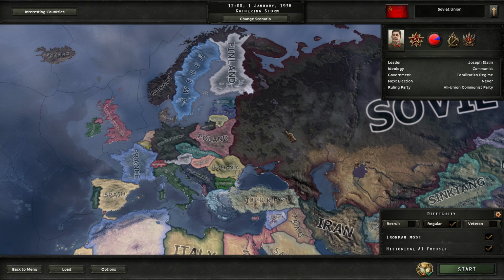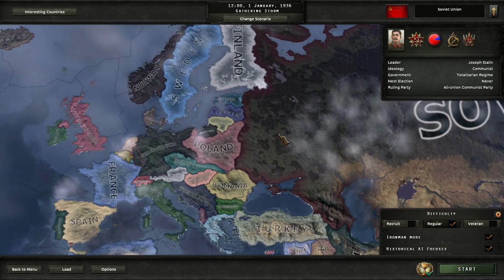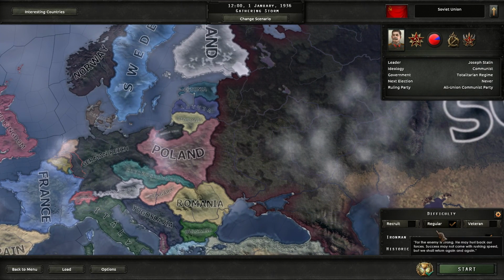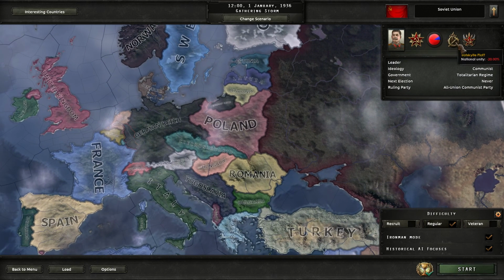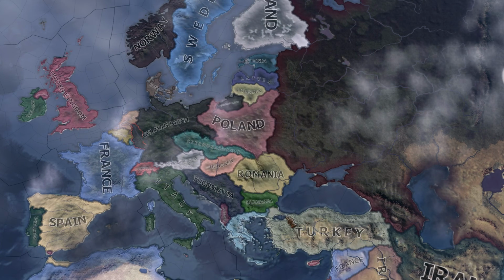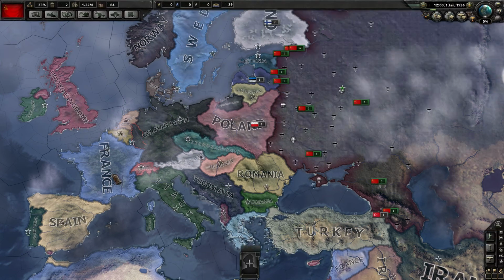Hello and welcome to what will be the Bobber playing through a Soviet Union run here in Hearts of Iron 4. I haven't played the Soviet Union since the new patch and I want to check out getting the Trotskyite plot to trigger and getting Trotsky as a ruler. I also want to see if it's possible to, with historical focuses on, manage to turn France communist from the